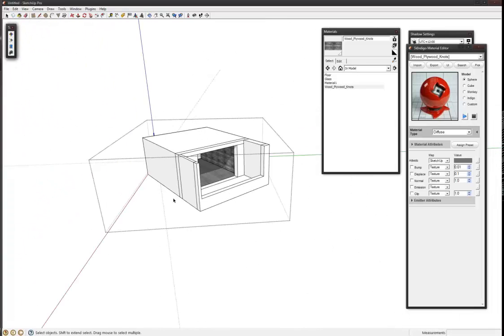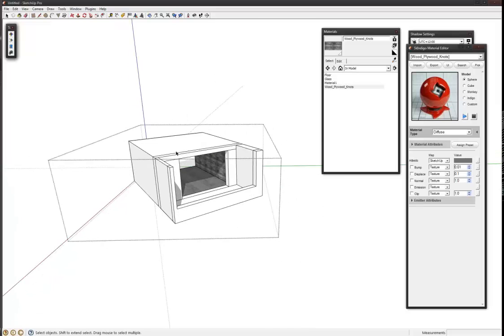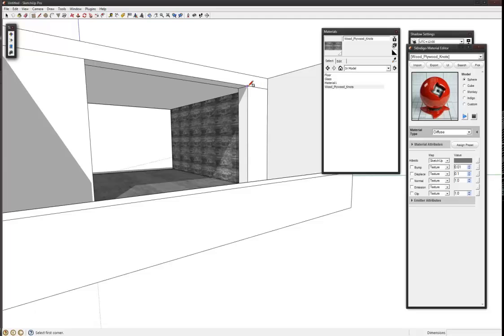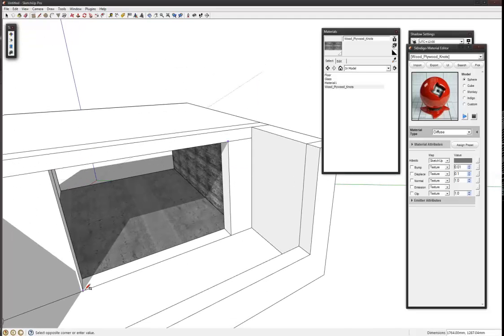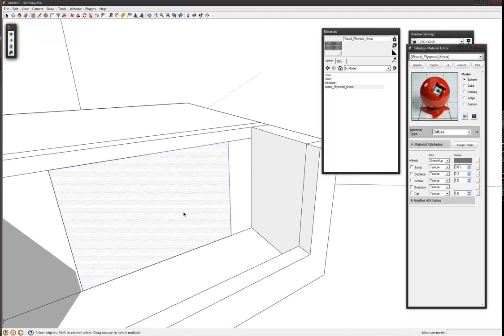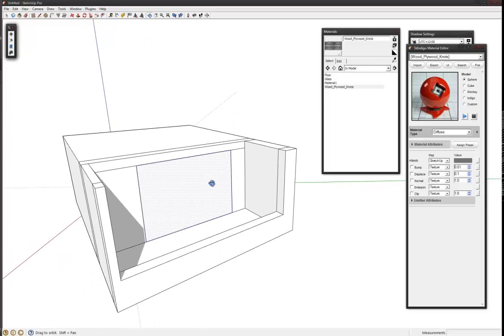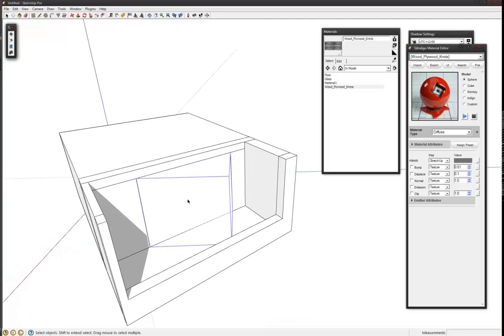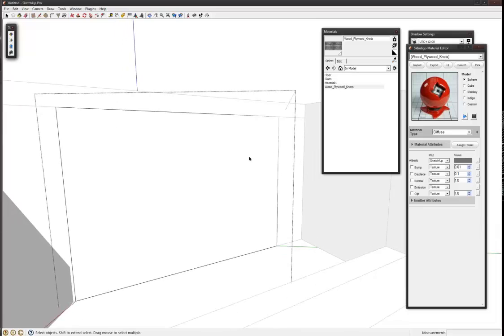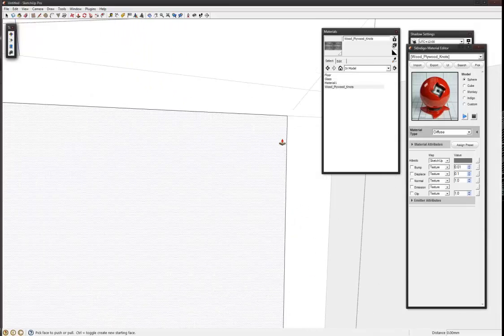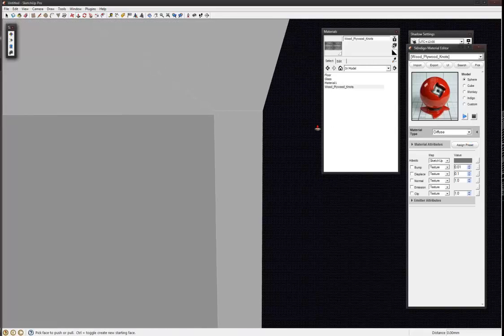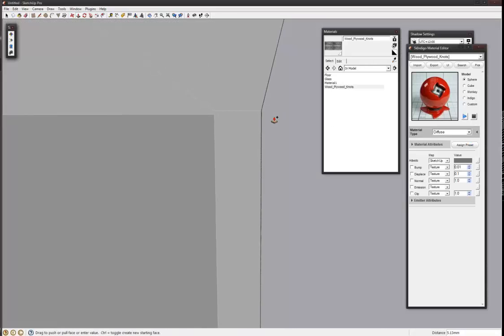So what I'll do is I've made this all one group or one component. So I'll just go out of that and then I'll just draw a new plane, a new rectangle, and that'll be the window group or component. So I'll just press G and call it windows. So then maybe I'll make it have a thickness of like 10 mils,